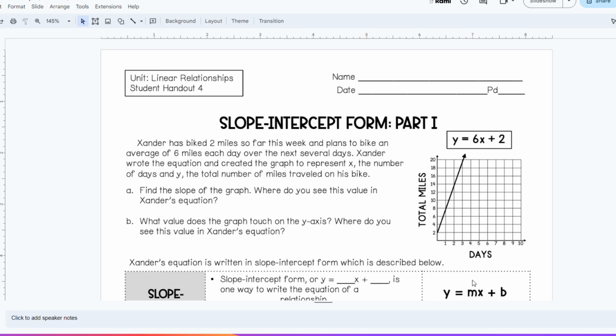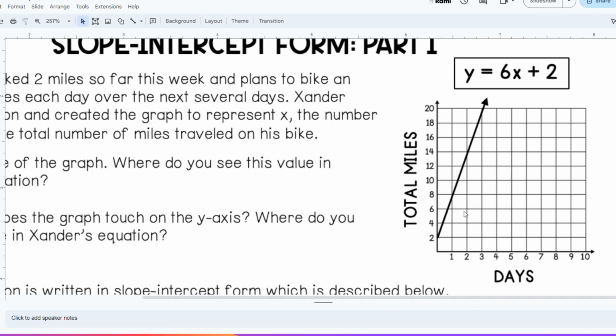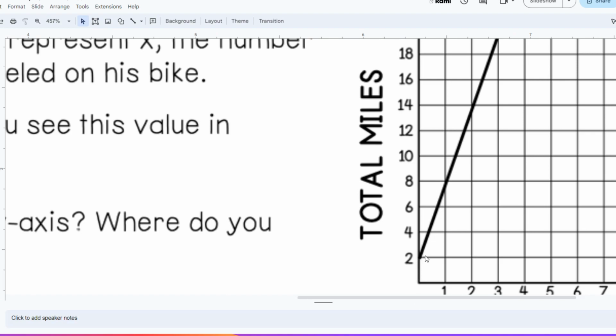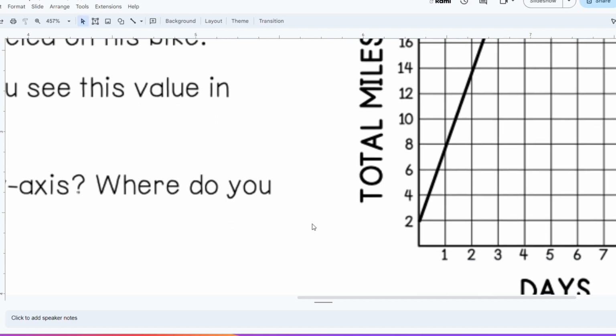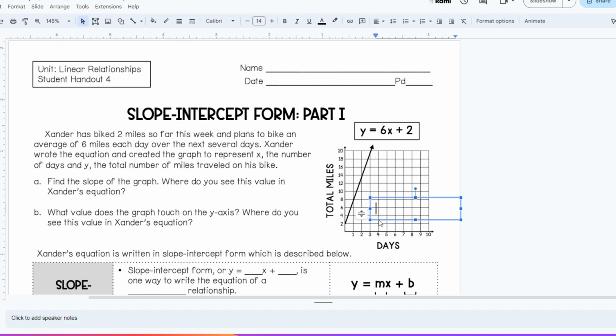So let's focus on the first one, slope. If you take 2 points from this graph and you look at the height between those 2 points, you can see the first point starts at 2 and the last point starts at 8. So the difference in height between 2 and 8 is 6. If you look at the run, or the length, between the 2 points, it is 1. So our slope is going to be 6 over 1